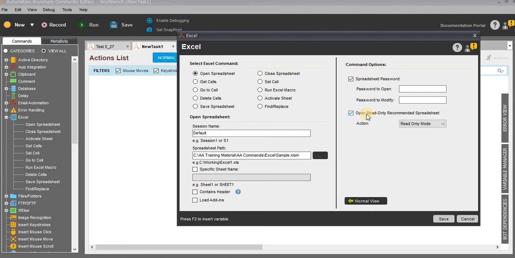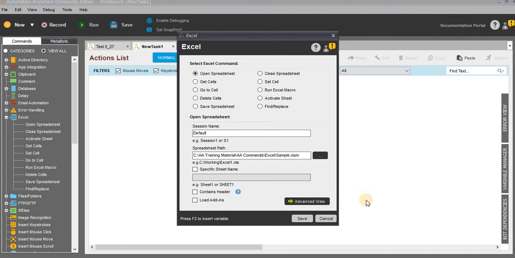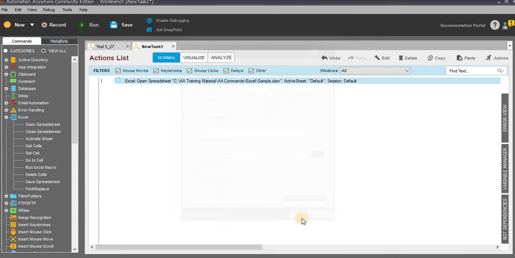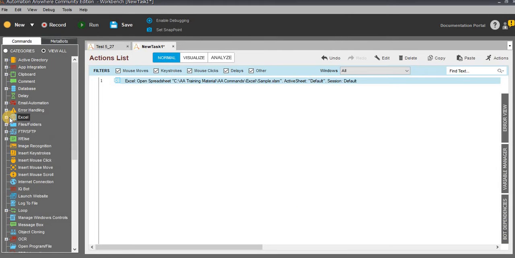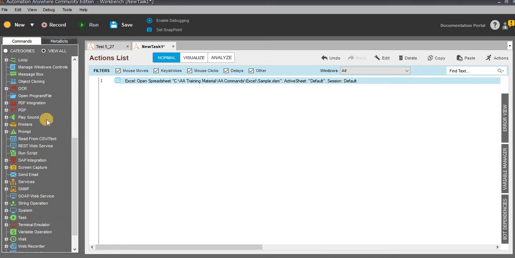If you would like to open the workbook in read only mode, you can check this checkbox, or else just leave it. In my case I don't have anything, so I leave it as it is and click on save.